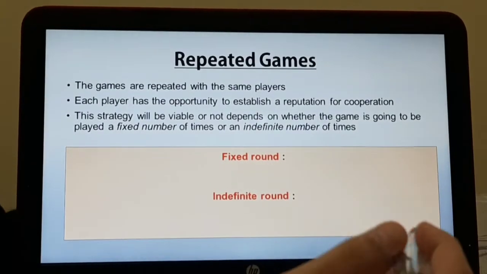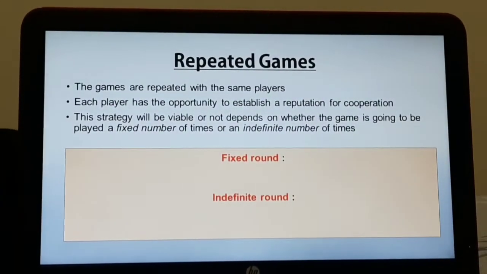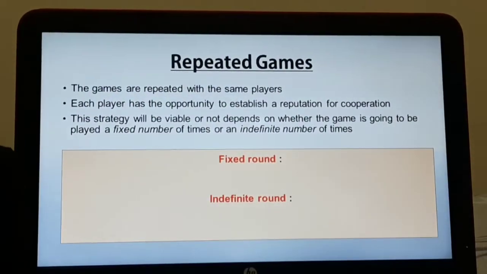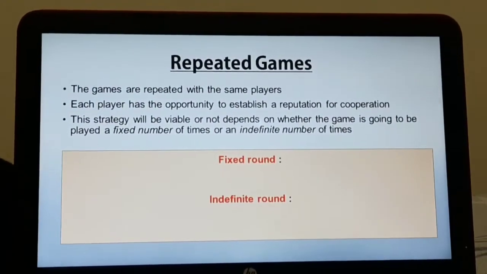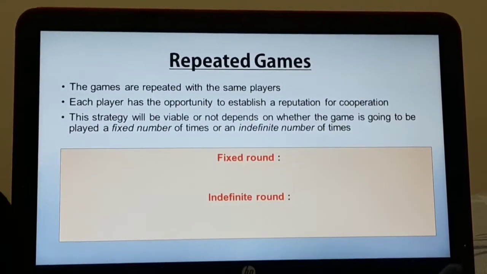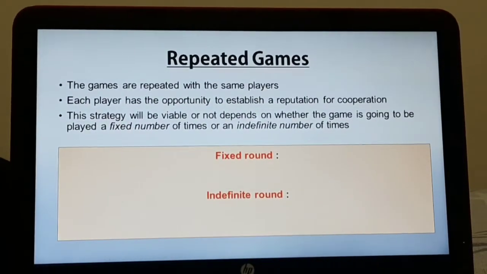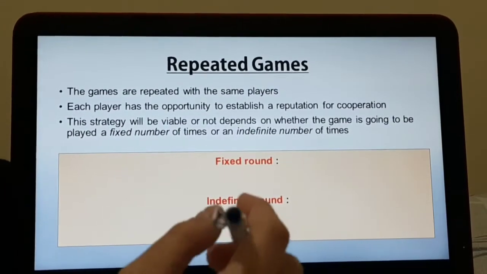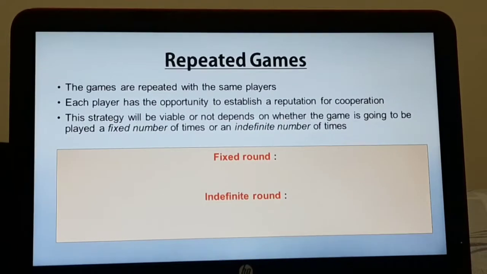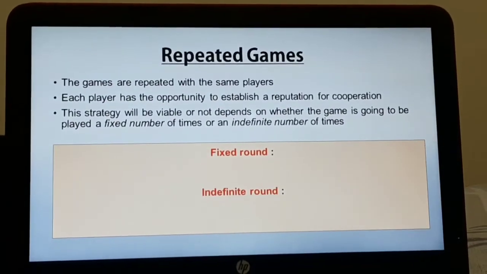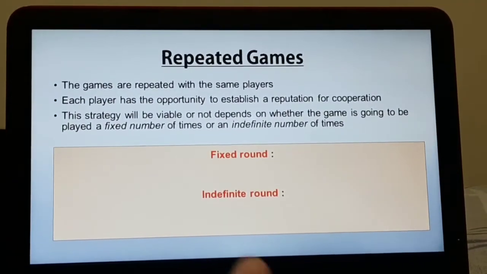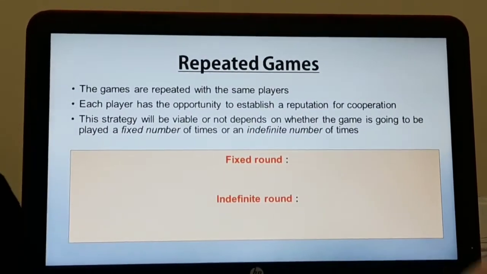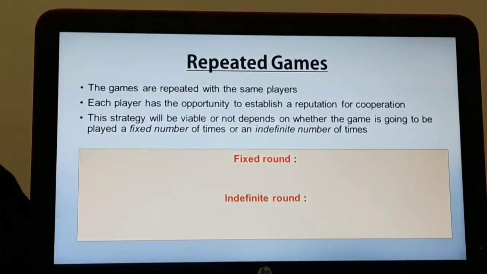So, about repeated games. Repeated games are actually the same as before, but the difference is that the game is repeated, and the players are still the same. So each player has the opportunity to establish a reputation for cooperation. Because it's not only once, they have more time to cooperate with each other and more time to work out a deal. And this strategy will be viable